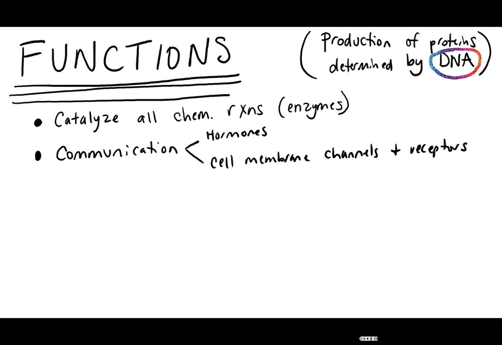We even mentioned communication when we talked about lipids, and we see that proteins are also involved in communication. They're involved because some of our hormones that are not lipids are proteins or protein derived. Also, your cell membrane channels and your receptors are often made from proteins. So when we talk about a hormone talking to a cell or tissue, it is talking to that cell because it's binding to a receptor. And so you have to have that exact type of receptor in order to receive that communication.